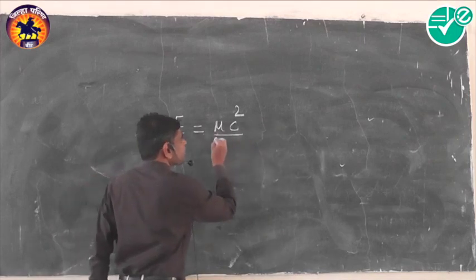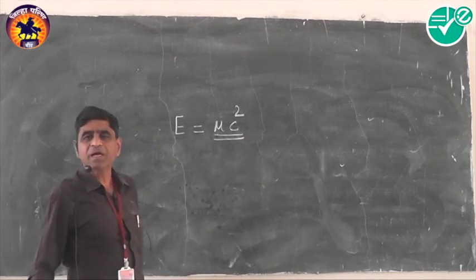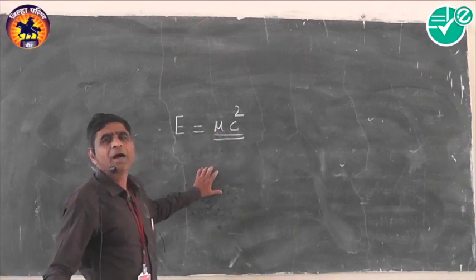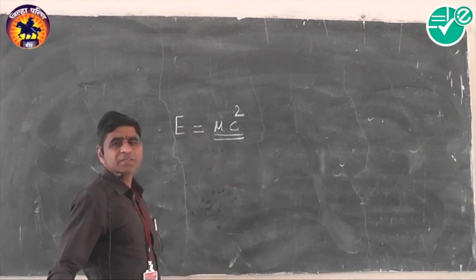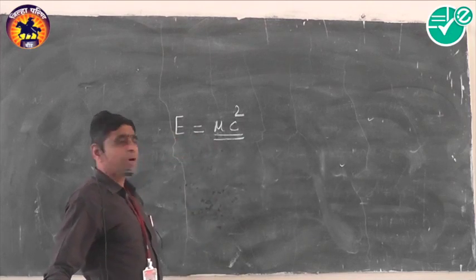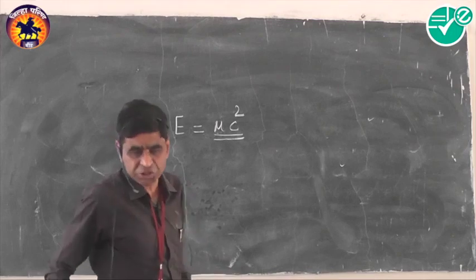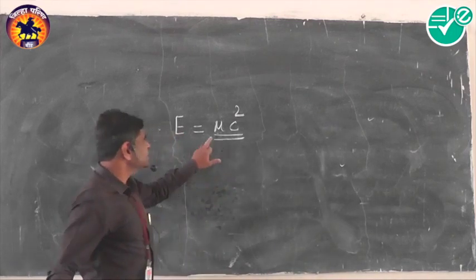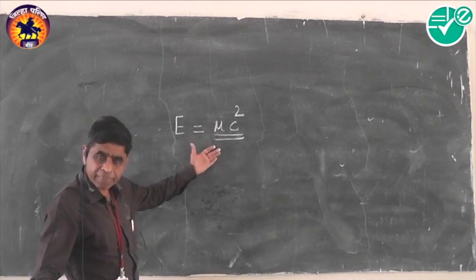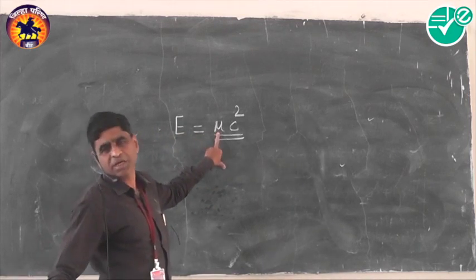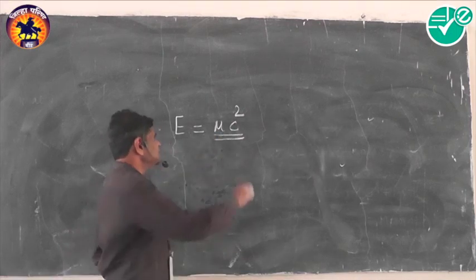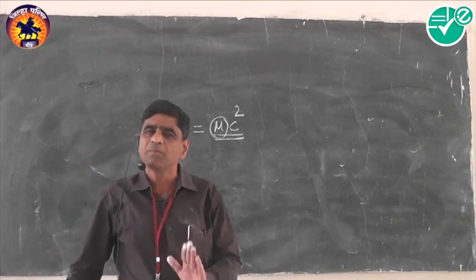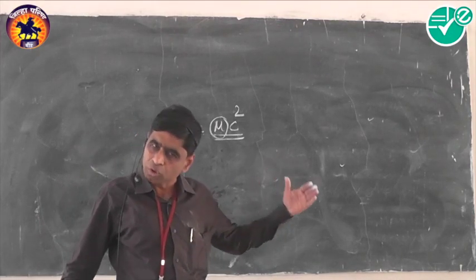Now, you know that in generally ordinary chemical reactions, the loss in mass is very small, and thus you can apply this law of conservation of mass. But in case of nuclear reactions like nuclear fission, a large amount of energy is given to the surrounding due to the loss in mass of the reactant. And thus, as there is more loss in mass of the reactant, you cannot say that total mass of reactant is equal to total mass of product.